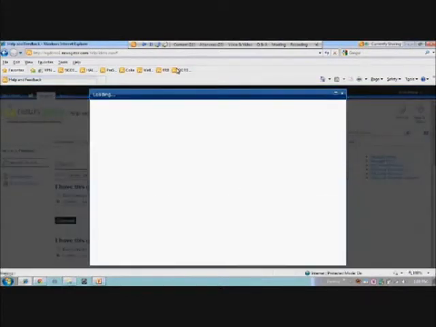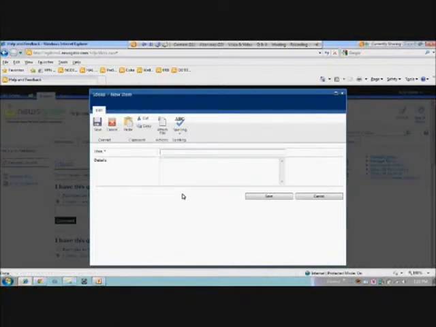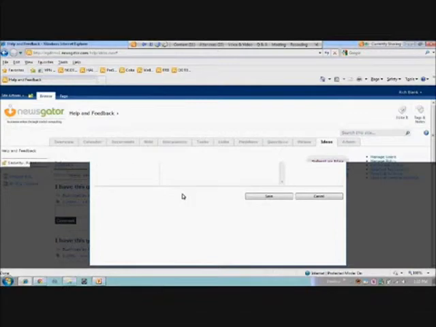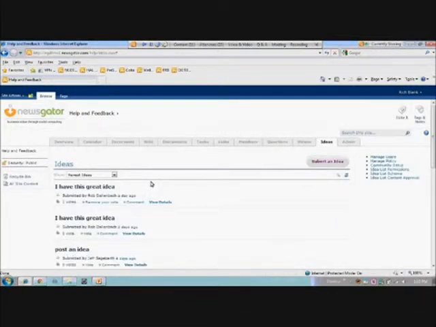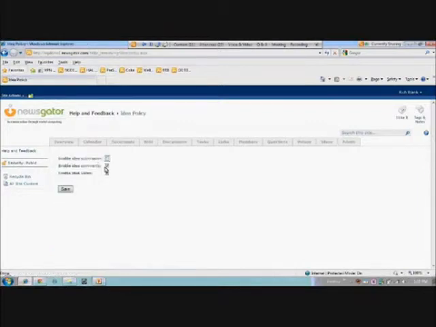And when I go ahead and submit an idea, what comes up, if you're familiar with SharePoint, is a SharePoint form, because the ideas themselves are actually stored within a list in SharePoint, and I can customize that, add my own metadata and my own fields, and make it highly customizable. But we also include the ability to manage the policies on that, where you can restrict the submission of ideas or comments, and it'll just say the submission process is closed.